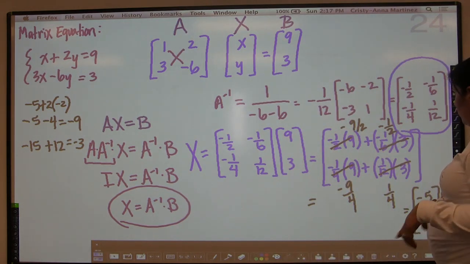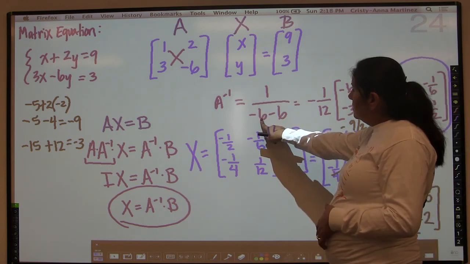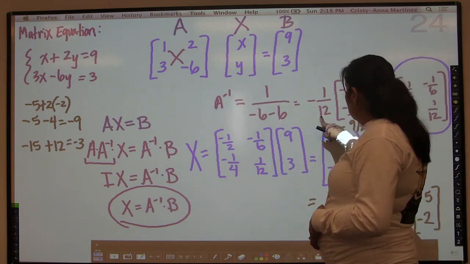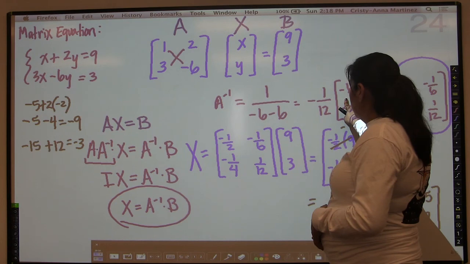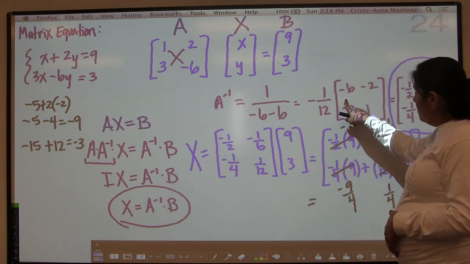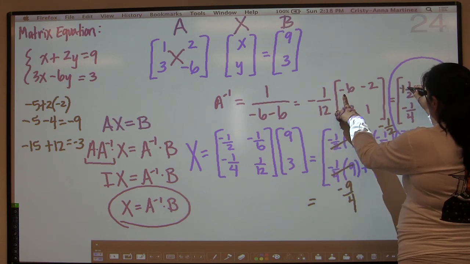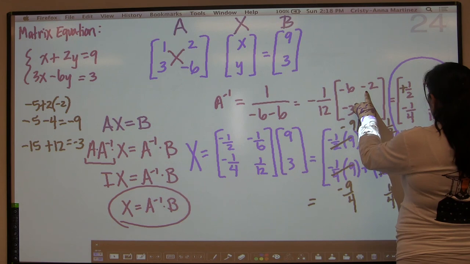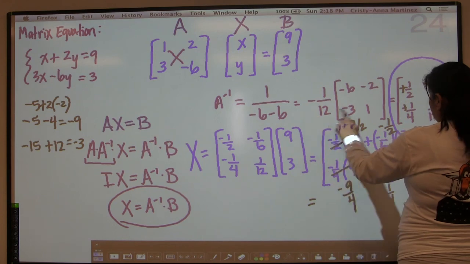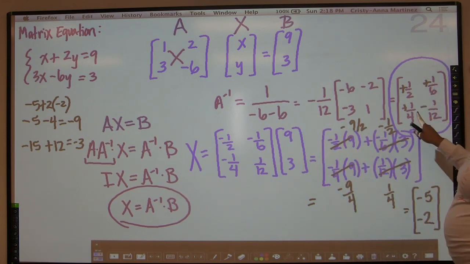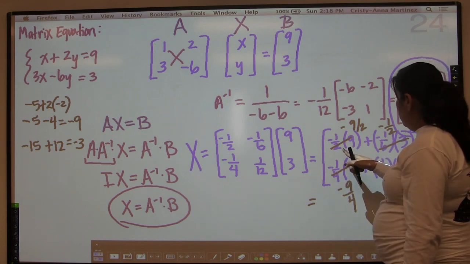So now I'm beginning to wonder if 1 times negative 6, negative 6, 2 times 3 is 6, this is negative 1/12 times, oh, that's what I did. Okay, my bad. So basically when I multiplied here, negative times negative should have been positive. Negative times negative, positive. Negative times positive, negative. So basically these were all off by their negatives. So that's going to make this be